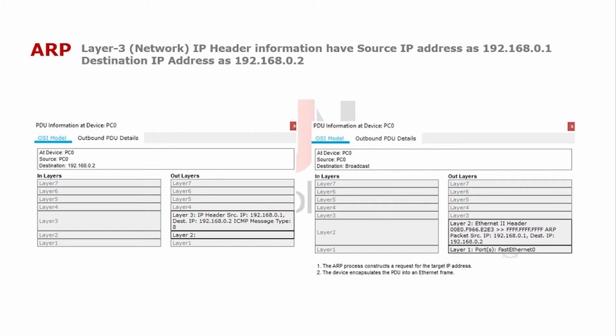Now in layer 2, it will put its own MAC address, that is 00E0.F966.E2E3, that is PC0's MAC address. Initially PC0 doesn't know PC1's MAC address, so it used the layer 2 broadcast MAC address, that is FFFF.FFFF.FFFF.